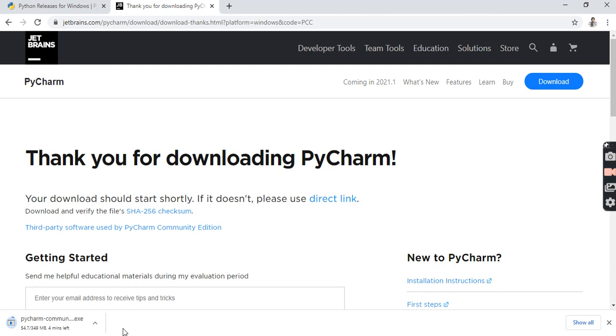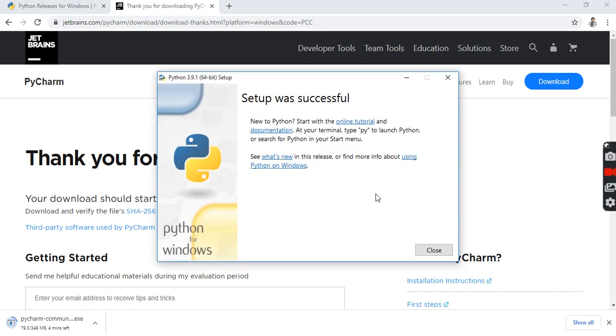So before downloading PyCharm, make sure to have Python on your device, because if you do not have Python on your device, afterwards you will face errors and problems. Let's not jump into all of those things. For now, I am just saying that you need to install Python, and okay, fine, Python is installed on your device. Now just close this.